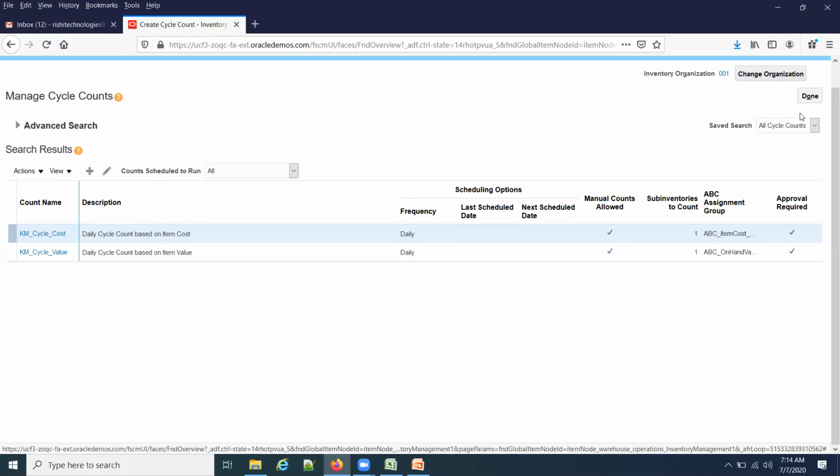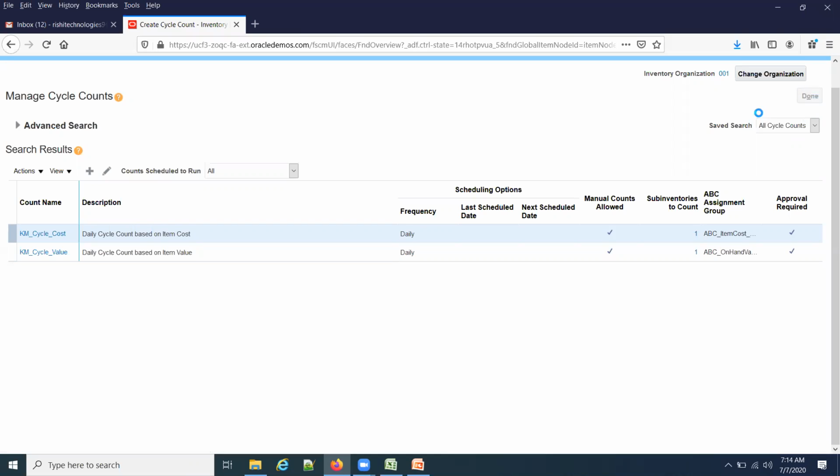Again, this is an opt-in feature. Let me show you that it's an opt-in feature. If it's optional, we can also disable it. Suppose in my organization I'm not allowing it, I don't want category counting, I'm always using ABC analysis only. In that case, you can disable this feature. But to be able to disable it, it has to be an optional feature, so they provide you the option to enable and disable. We will see where you do that.